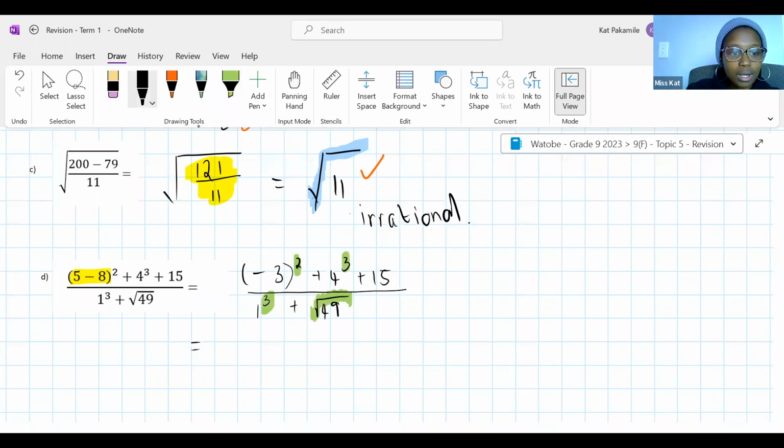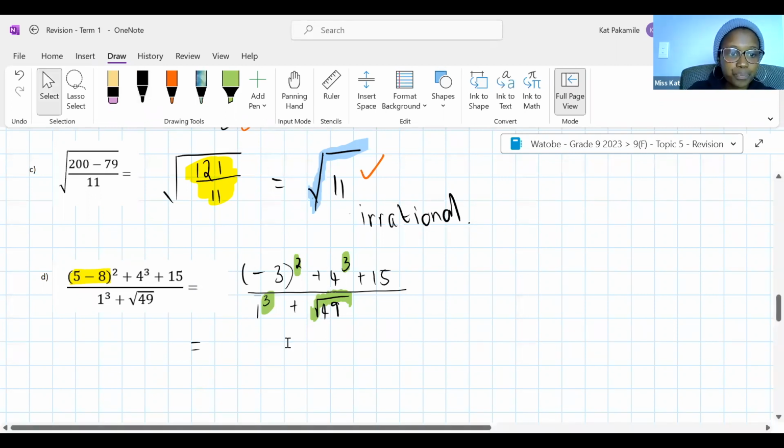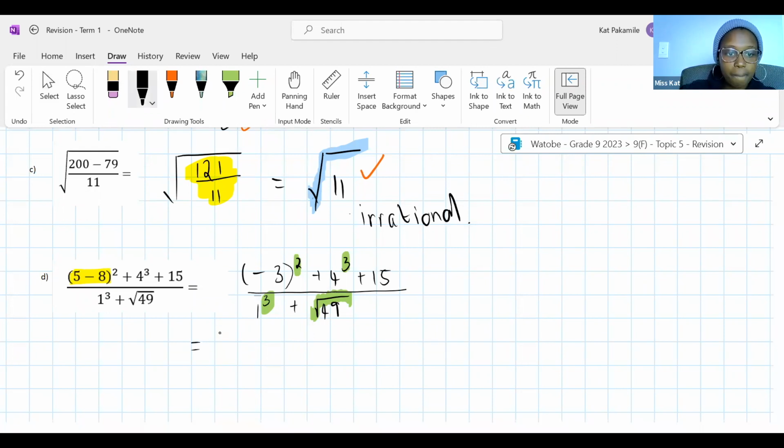What is negative 3 squared? That would be negative 3 times negative 3. Let me know. Equals negative 27. Think about it carefully. What do two negatives give you? Negative times negative gives you? Oh, negative 3 times negative 3, right?